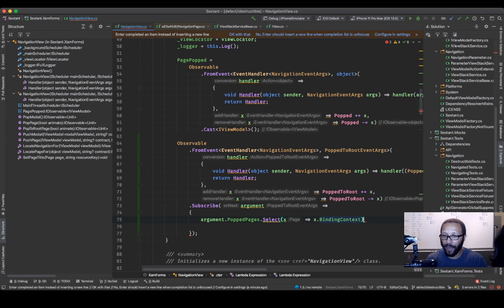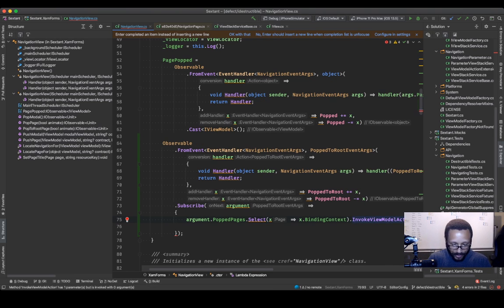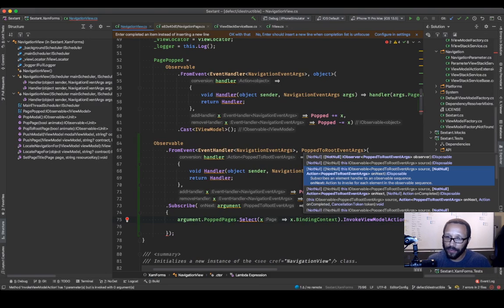I can then take the binding context and cast it to what? I can cast it to an iView 4, which gives me access to the view model, which we'll do. So I'll cast it as an iView. Oh, no. I can only think I need to cast it. I can actually just do this. I can just do binding context dot invoke action of iDestructible